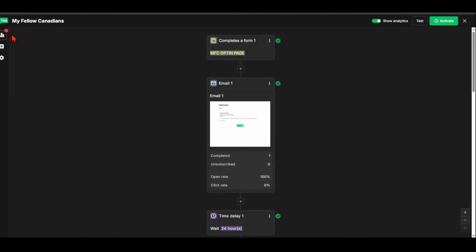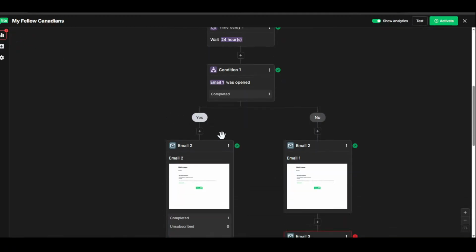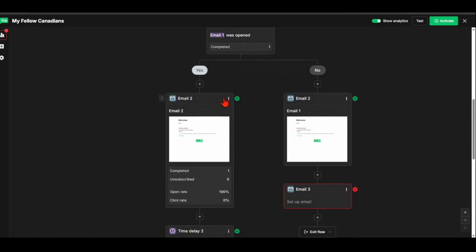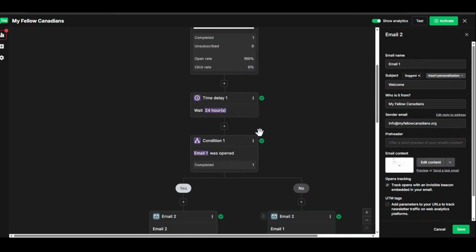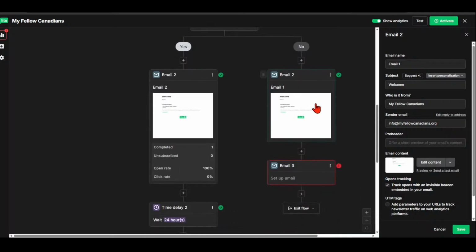So basically, after 24 hours, if they clicked on it, they get the email number 2. If they didn't click on it, they get the email number 1 again. So I'm just going to change the name. So here I'm going to click on it and I'm going to change the name. Okay, I cannot change it. Okay. Email 2 here, it says email 2 automatically because I guess that's the second step. Okay, I think it makes sense. So anyways, they get email number 2 and